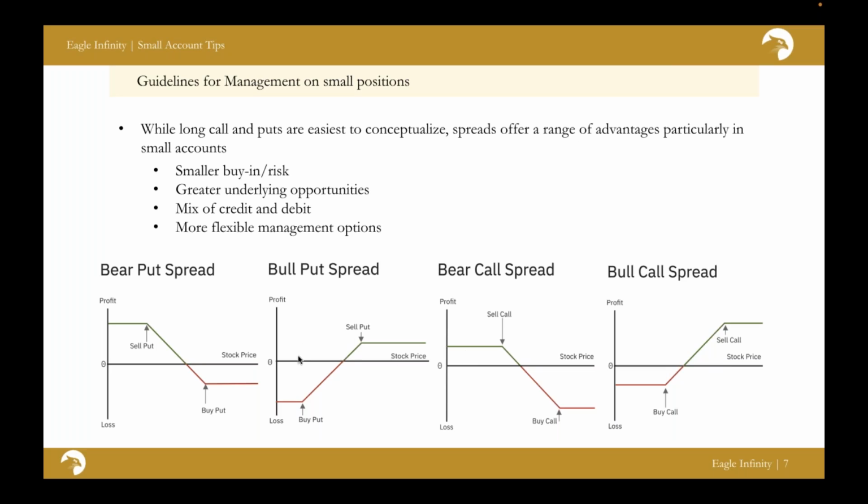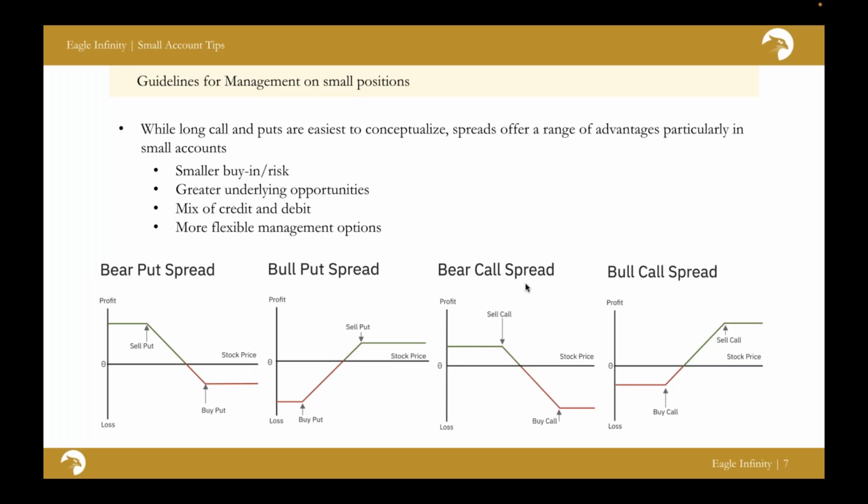And we can really adjust those based on whatever our view actually is. Let's say we're neutral to bullish, we could look at a bull put spread, and we sell the put option, and then we buy a put option that's further out of the money. Basically, if the underlying stays where it is, we profit, or if it goes up, we profit the same amount. It's also worth noting that when it comes to the credit put spread and the credit call spread, so again, the bull put spread is the credit put spread, and the credit call spread is the bear call spread.